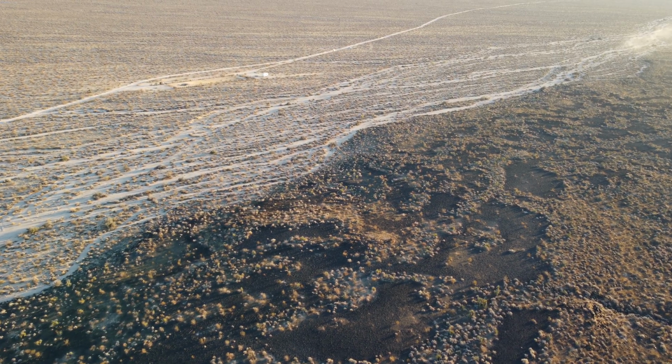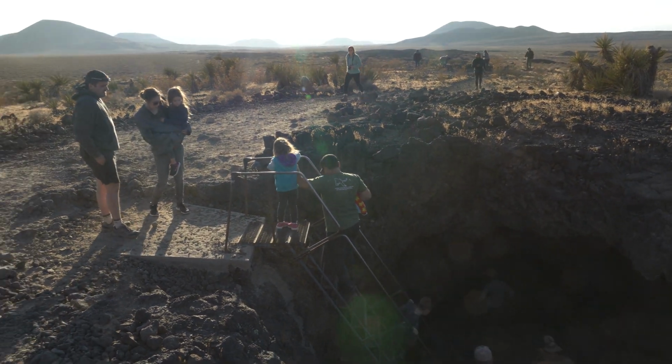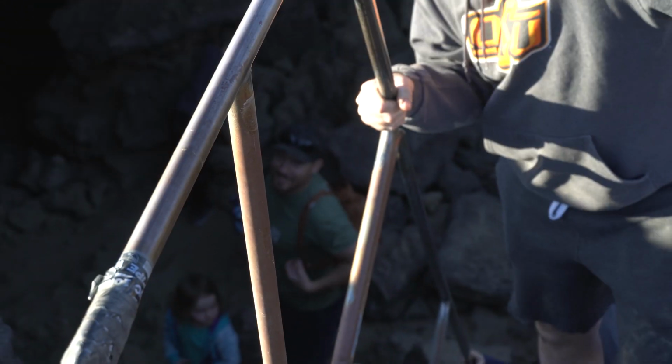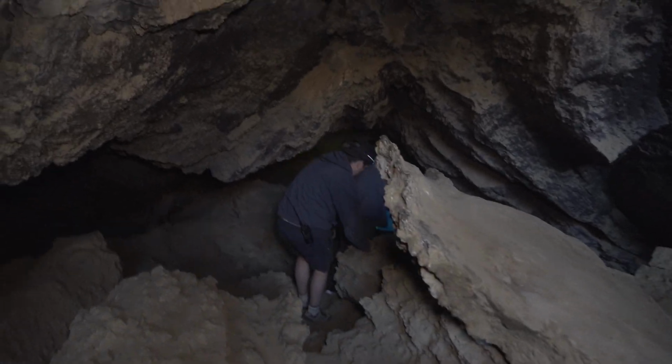Our final stop for the day would include a literal descent into geologic history. You come down with me. You guys like my backpack? Yeah. Very stylish. Thank you. Oh wow. Gucci. These caves, or lava tubes as they are also known, were formed roughly 10,000 years ago when